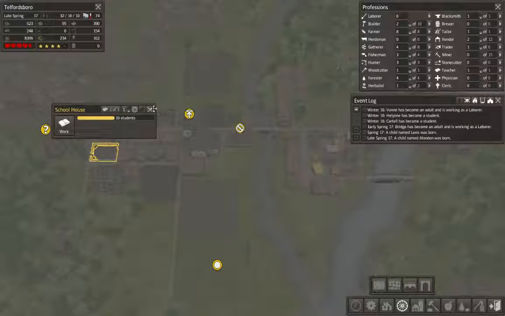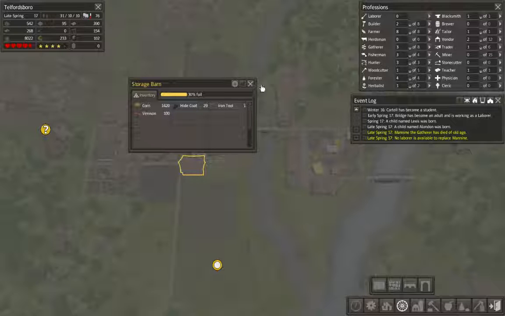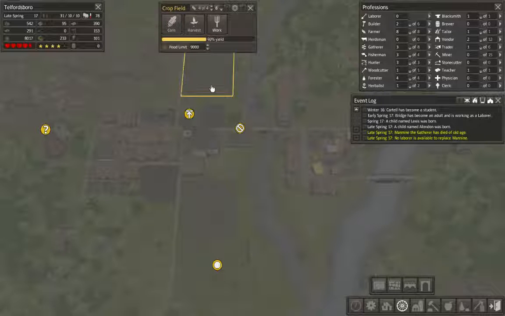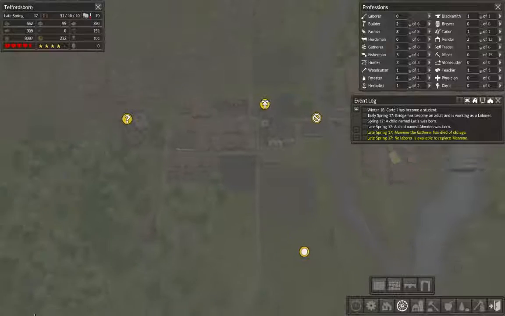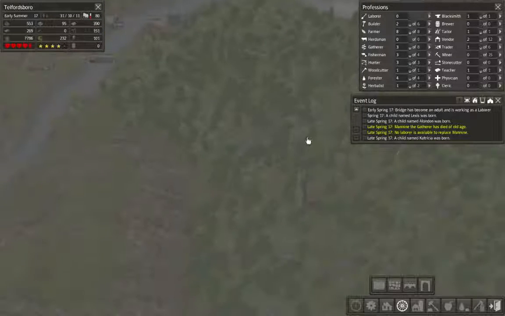Got 10 students in the school, that's good. We don't need a second school yet. Still got plenty of stuff stored in there. Not a ton there, but that's okay. It's almost fall. That number should hop up as we start harvest. Almost fall, late spring, same thing, right? It's 80 degrees out, so